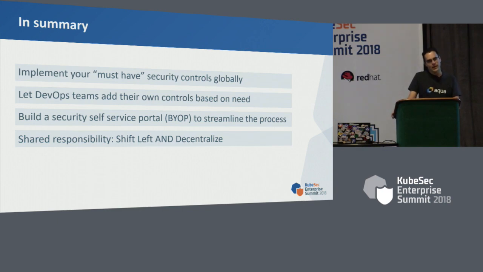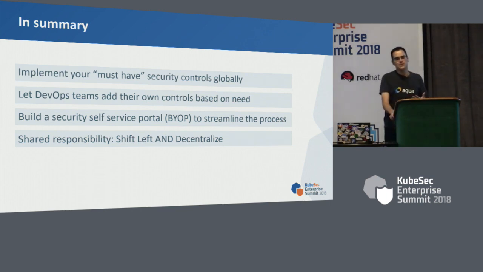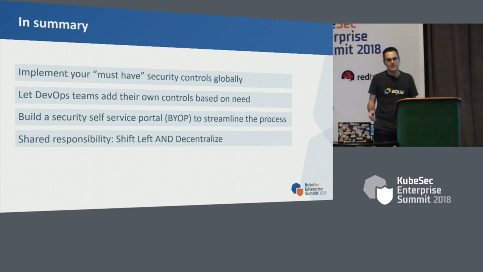What we are adding today at KubeSec conference is the decentralization of the shared responsibility. What decentralized means is that you have one global security team, but it is not responsible for everything. It will delegate responsibilities into the DevSecOps teams, and then the DevSecOps teams can add additional security controls, which means that now you have the